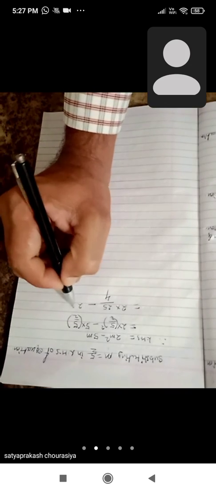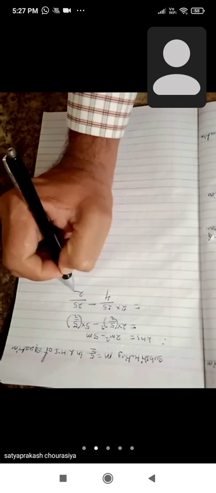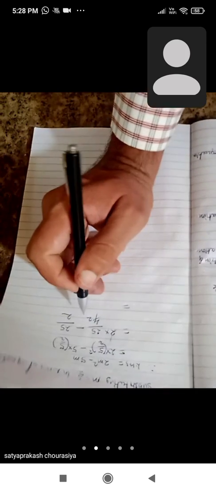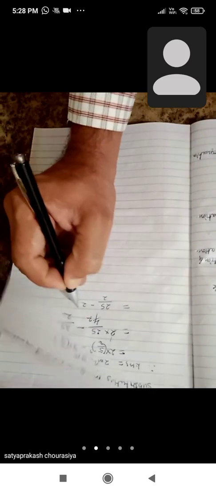Okay, now see, 2 into square of 5 is 25 and square of 2 is 4, minus 5 5s are 25, 5 5s are 25, 25 upon 2, 2 1s are 2, 2 2s are 4. Now you see this 2 and 4 get cancelled by the 2, so 2 1s are 2, 2 2s are 4, so here we got 25 upon 2 minus 25 upon 2.